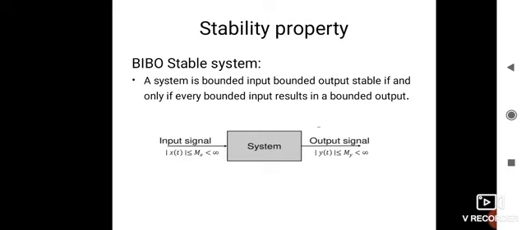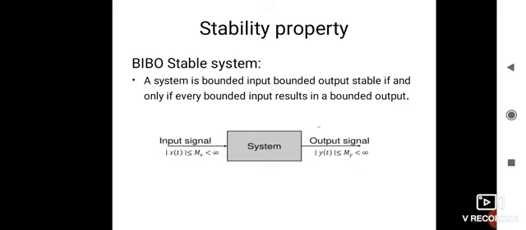Next one is stability property. First we have to know what a BIBO stable system is. What is the full form of BIBO? BIBO means bounded input, bounded output. If a signal is said to be bounded, that means its magnitude always has